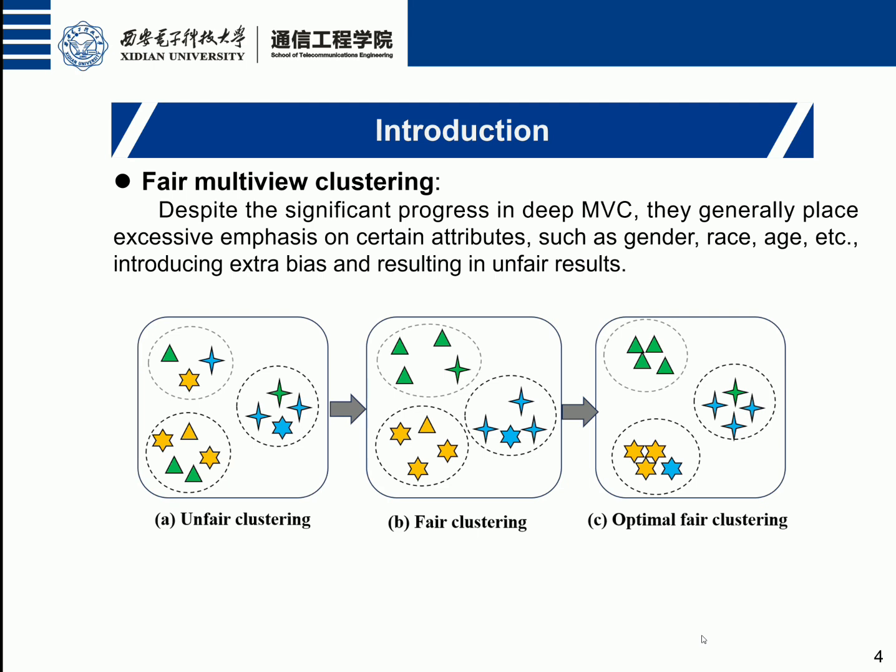It focuses on creating clusters that are not only based on the underlying data schema but also consider fairness. This means ensuring that the clustering process is not distorted by sensitive data and that samples are fairly distributed across clusters. Unfair clustering leads to inaccurate groupings, while fair clustering attempts to balance the data distribution. The ultimate goal is optimal fair clustering, which achieves a harmonious balance between fairness and accuracy, making it more reliable